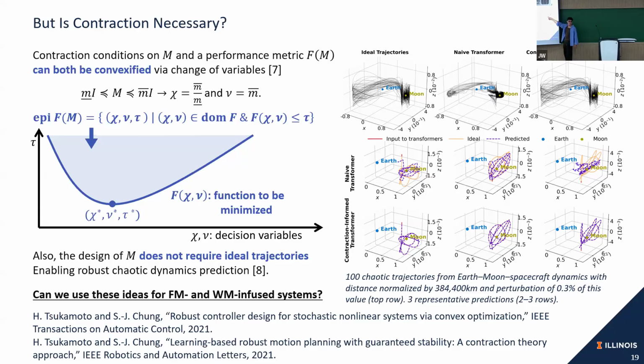So this transformer is supposed to track this exactly, but you can see that it's not happening, right? That's part of the reason why, if you use a data-driven approach naively, without thinking about the consequences of uncertainties and disturbances, you just cannot do it sometimes. This is kind of an extreme example because it's chaotic, but it's my way of showing the intuition of why these kinds of properties, mathematical guarantees, can be practically important, not just for your